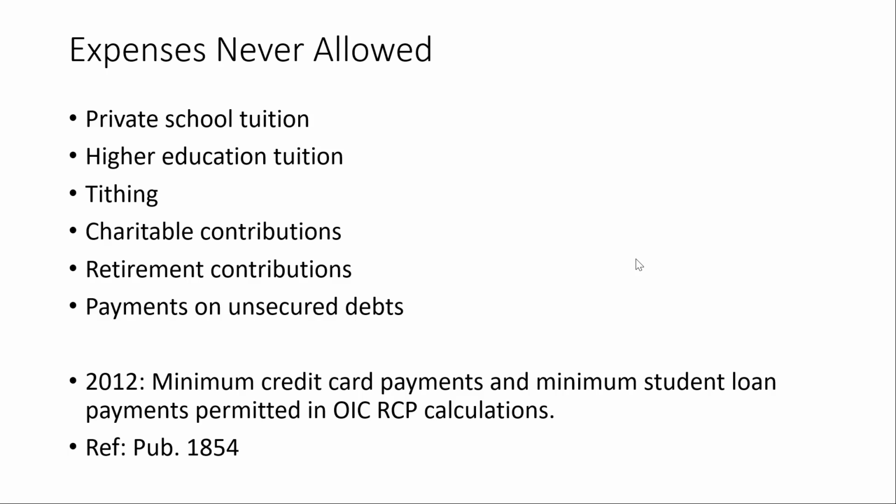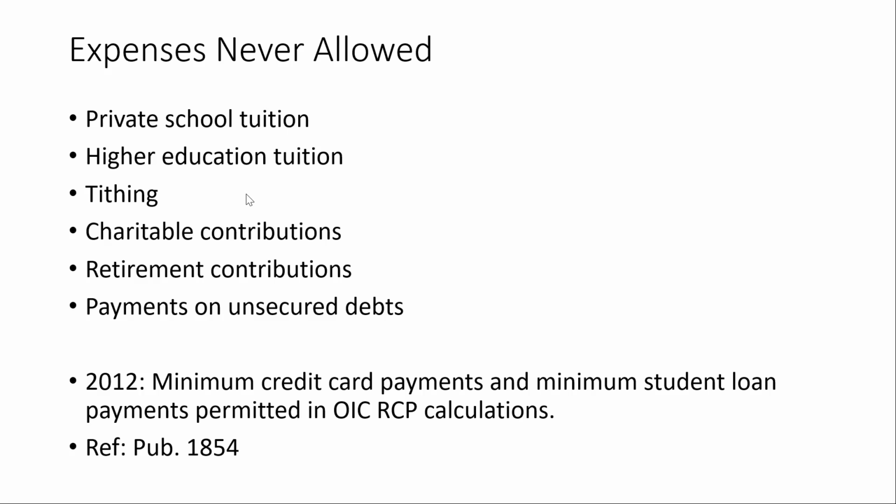Unsecured debts are technically supposed to be included in the food, clothing, and miscellaneous expense category that we're going to talk about here in a minute. So in general, these are the types of expense categories that a lot of your clients may have. And they are going to moan, groan, gripe, and complain left and right about these necessary expenses not being allowed